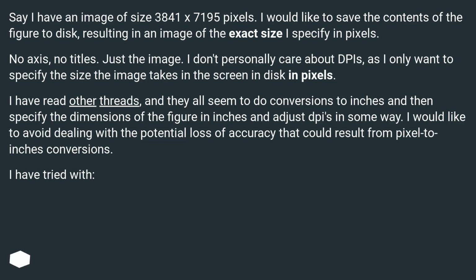I have read other threads, and they all seem to do conversions to inches and then specify the dimensions of the figure in inches and adjust DPI in some way. I would like to avoid dealing with the potential loss of accuracy that could result from pixel to inches conversions. I have tried with